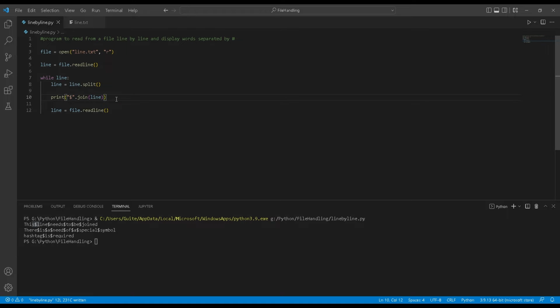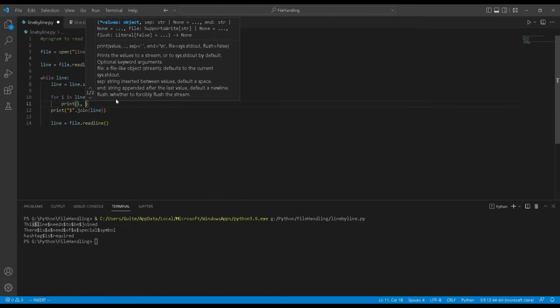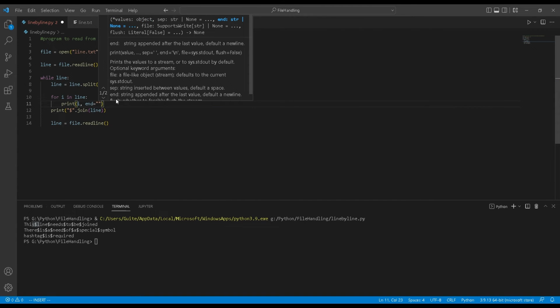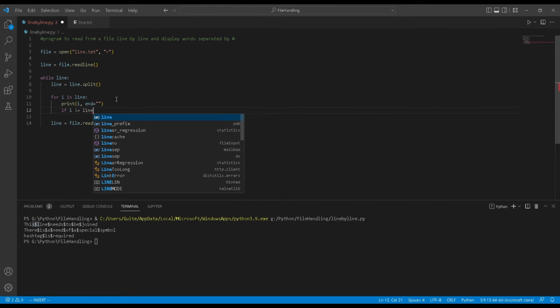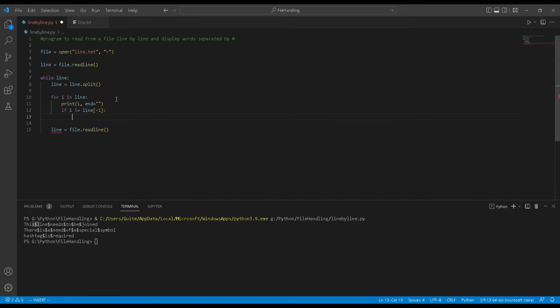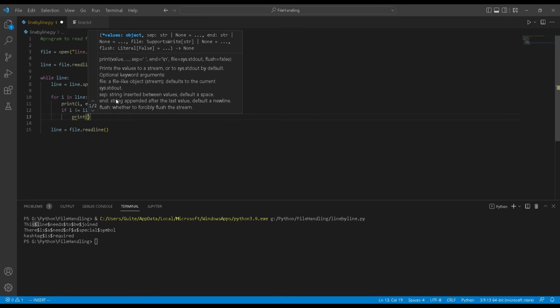And if you don't want to use the .join function, you can also create another loop. You can say for i in line, print i, end equals, and then you don't put anything there. Then you say if i is not equal to line of -1, you're gonna print the hashtag. So we say print hashtag,